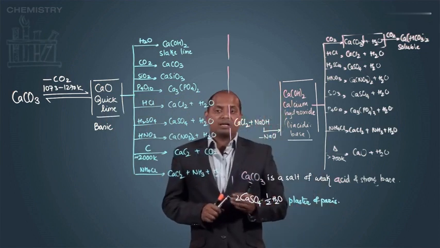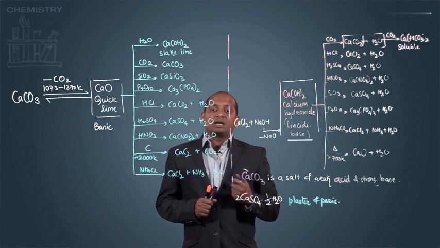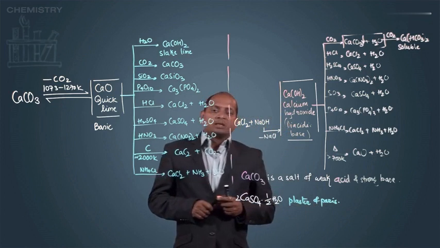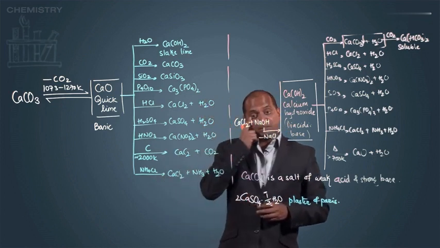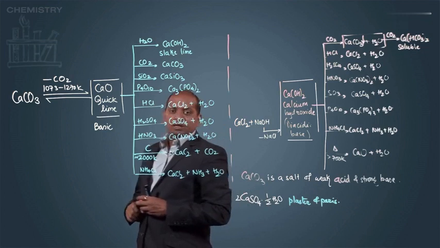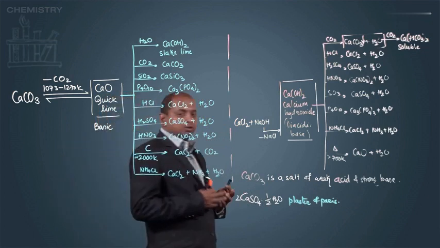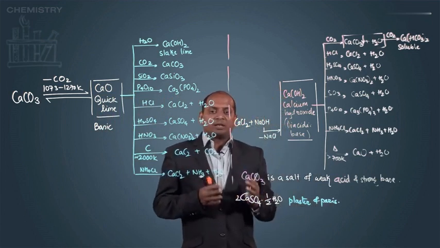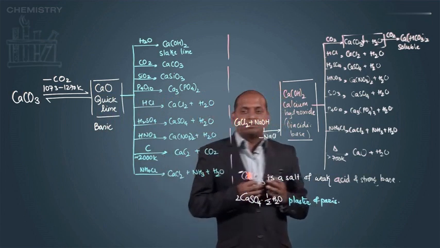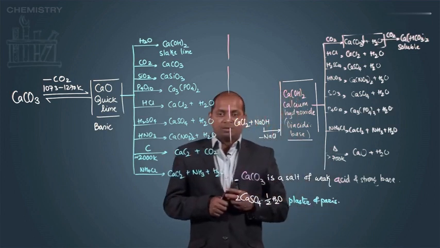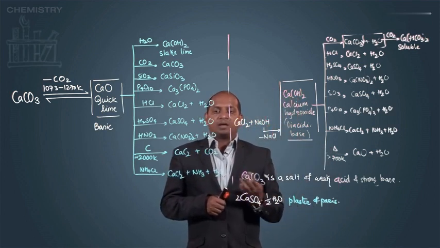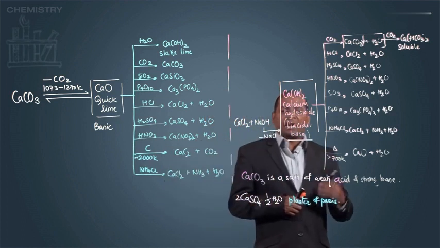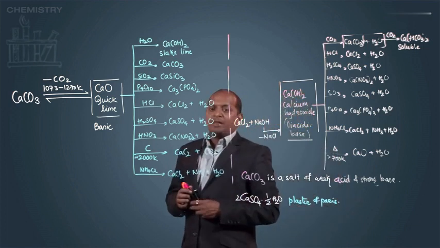If you heat gypsum strongly, you will get anhydrous calcium sulfate. That is also called dead burnt plaster of Paris. So that will not work. Again, this plaster of Paris has a strong affinity for water. When it absorbs water, that absorption of water and the molecular arrangement make plaster of Paris hard, and that hardening is irreversible. We cannot use that plaster of Paris again. It is because plaster of Paris, after absorbing moisture, is actually converted into gypsum, and therefore it becomes